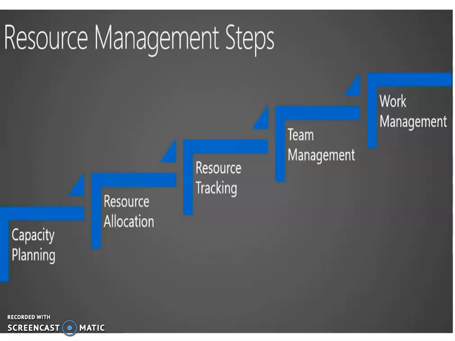infrastructure, and then resource tracking. We need to track the process from one step to another, stepwise, whether the project is ongoing or not, whether the project is correct or not. We assign different types of team management, either a technical team, software team or management team. In workload management, with the help of resource tracking, resource allocation and capacity planning, the workload is assigned to every team.